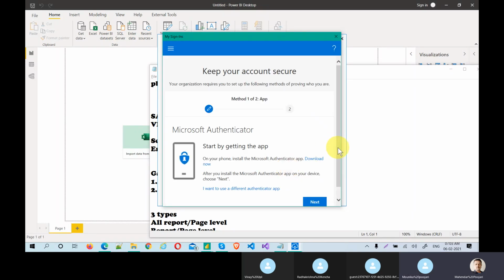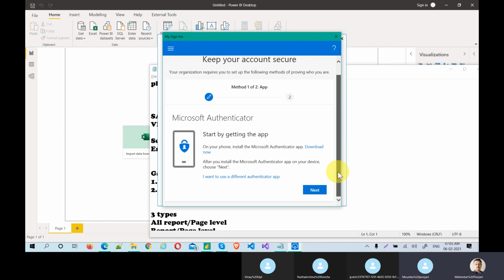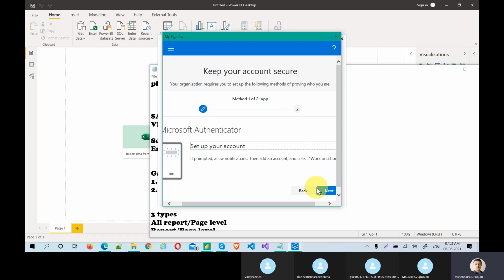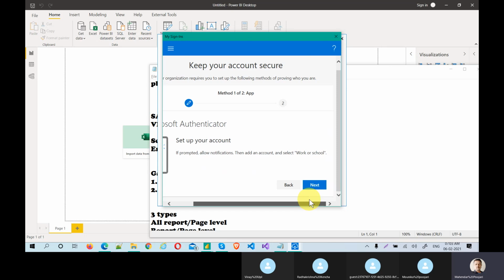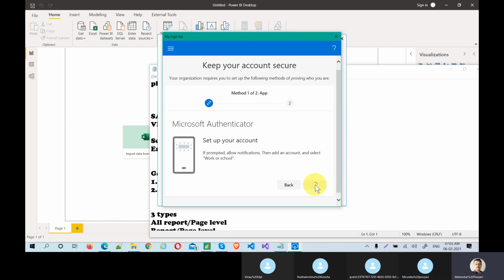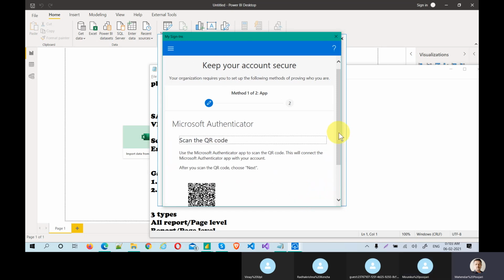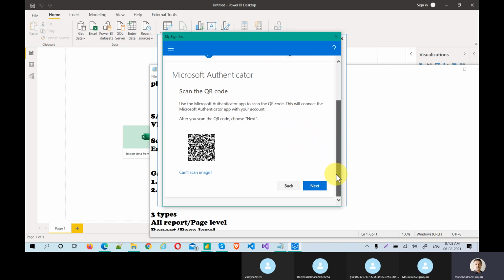Oh my God, this is multi-factor authentication. Okay. Not required. Oh, it's asking, multi-factor authentication is mandatory. Now what I need to do is scan and it will send one digit code, just to make sure of security.